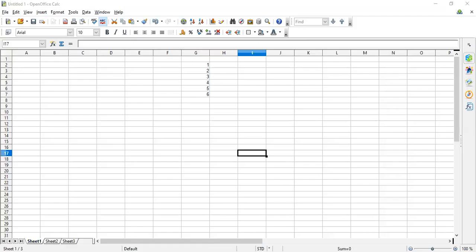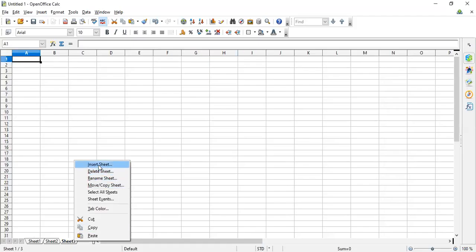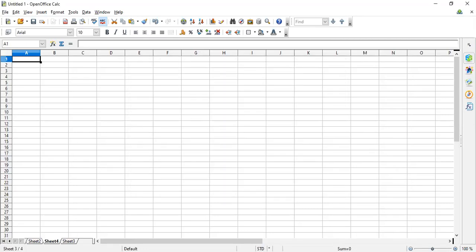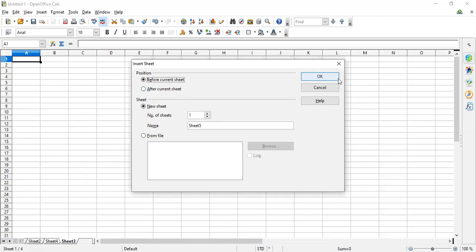I'll just show you this. As you see, there are 3 sheets over here. I'll right click and add a new sheet. Okay, so अब sheet number 1 जो है वो visible नहीं है because वो इन tabs के नीचे चली गई. Now we need to use these two buttons. If you use this, you'll move to sheet 4, or if you click on the leftmost, then we'll move to sheet number 1, right? अभी ये 4 ही sheets हैं, हम एक और ऐड करते हैं, फिर थोड़ा और better हो जाएगा.